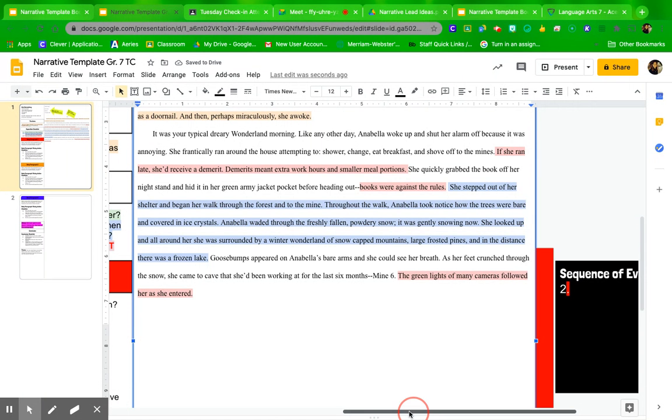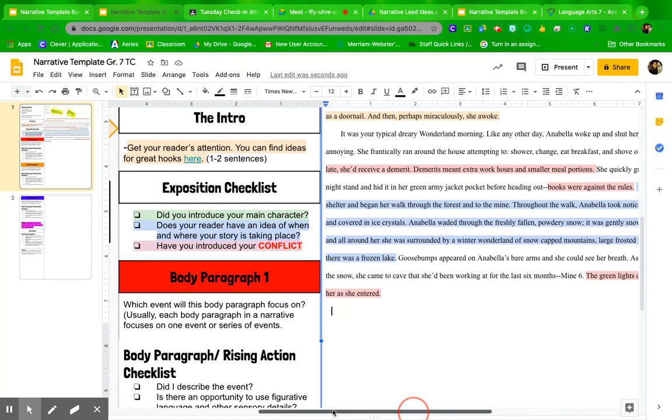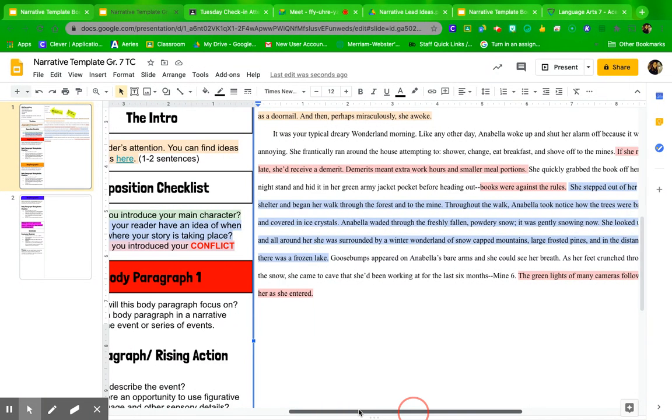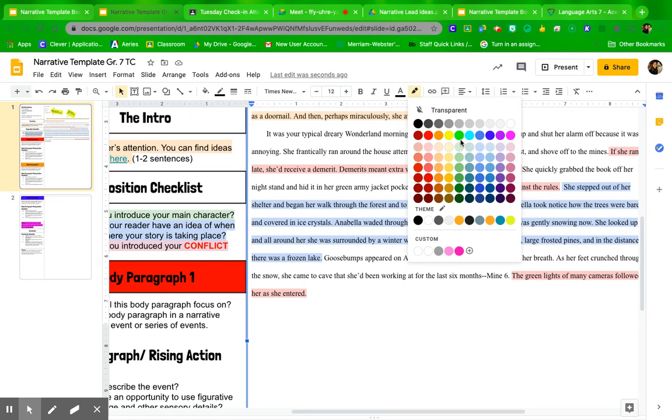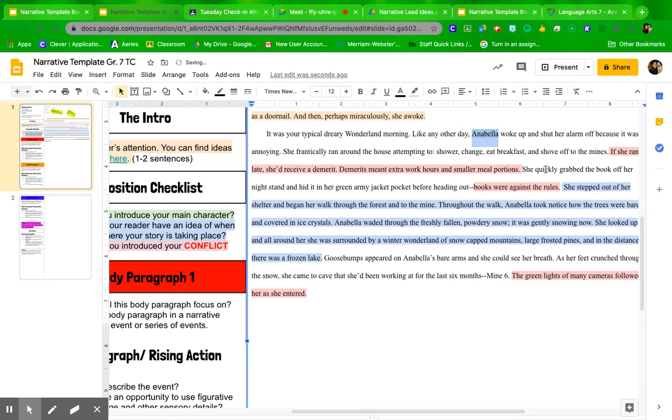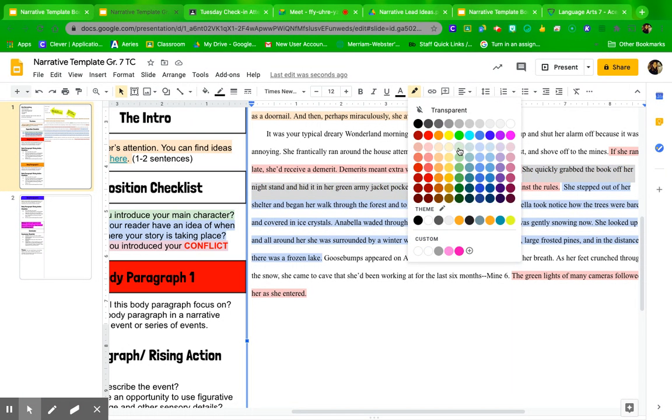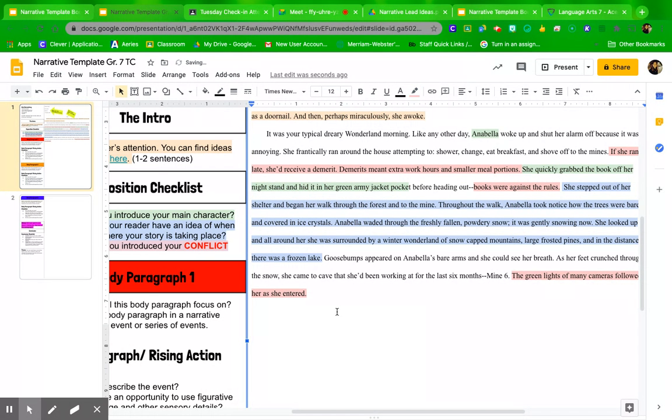You can see that I didn't highlight everything, and that's okay. I did introduce my character. My character's name is Annabella. I know that she is going to grab her book off of the nightstand and she's going to hide it in her army jacket. That says to me that she's kind of a rule breaker. I might add another sentence saying that she wishes